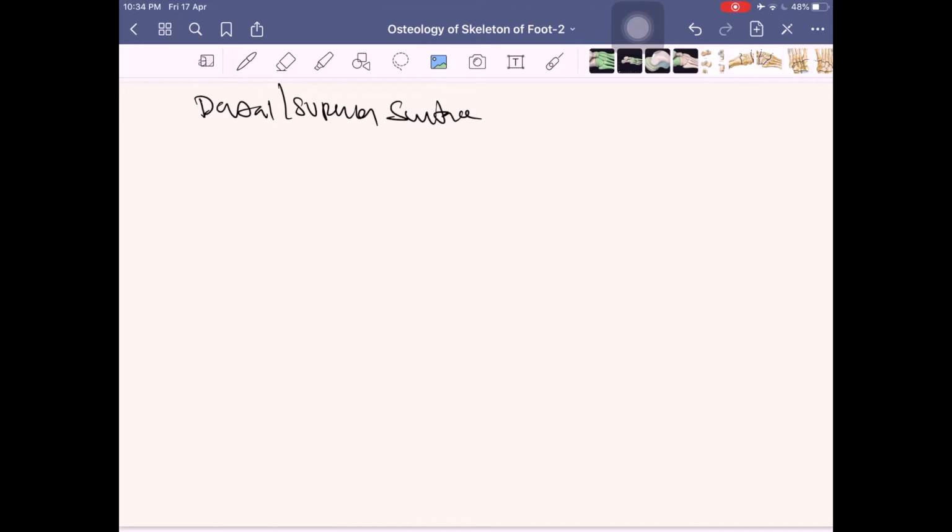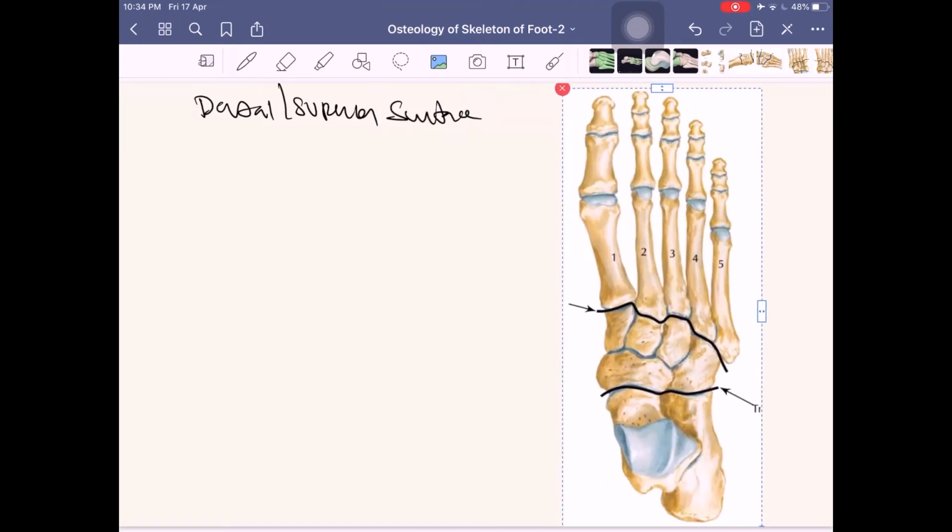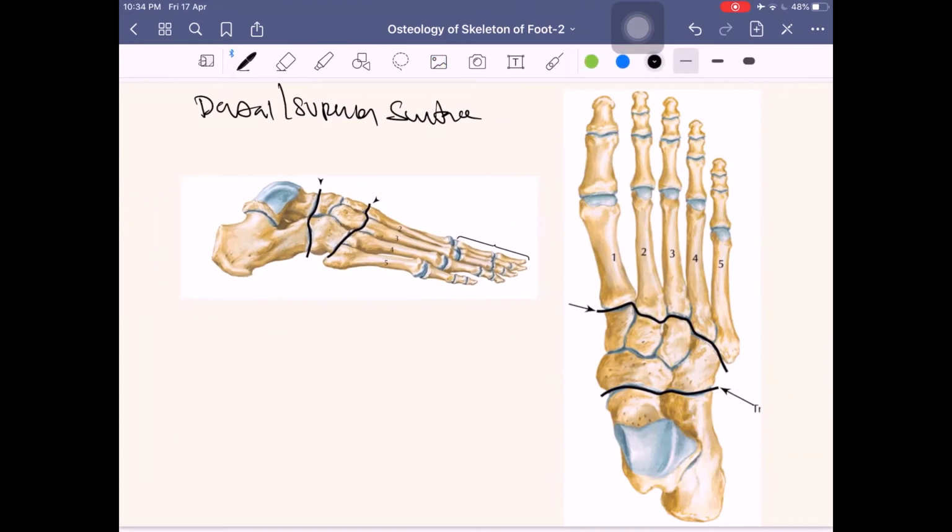On the dorsal or superior surface, let us bring this one here, and this also we can bring here. So in this is the dorsal, and here this is the dorsal. Now the dorsal or superior surface is just like all other surfaces, it is rough, and definitely it will provide attachment to a ligament. So the ligament is again the same here, the dorsal ligament of foot. There are ligaments of foot here. So there is a dorsal ligament of foot. It is rough and flat.